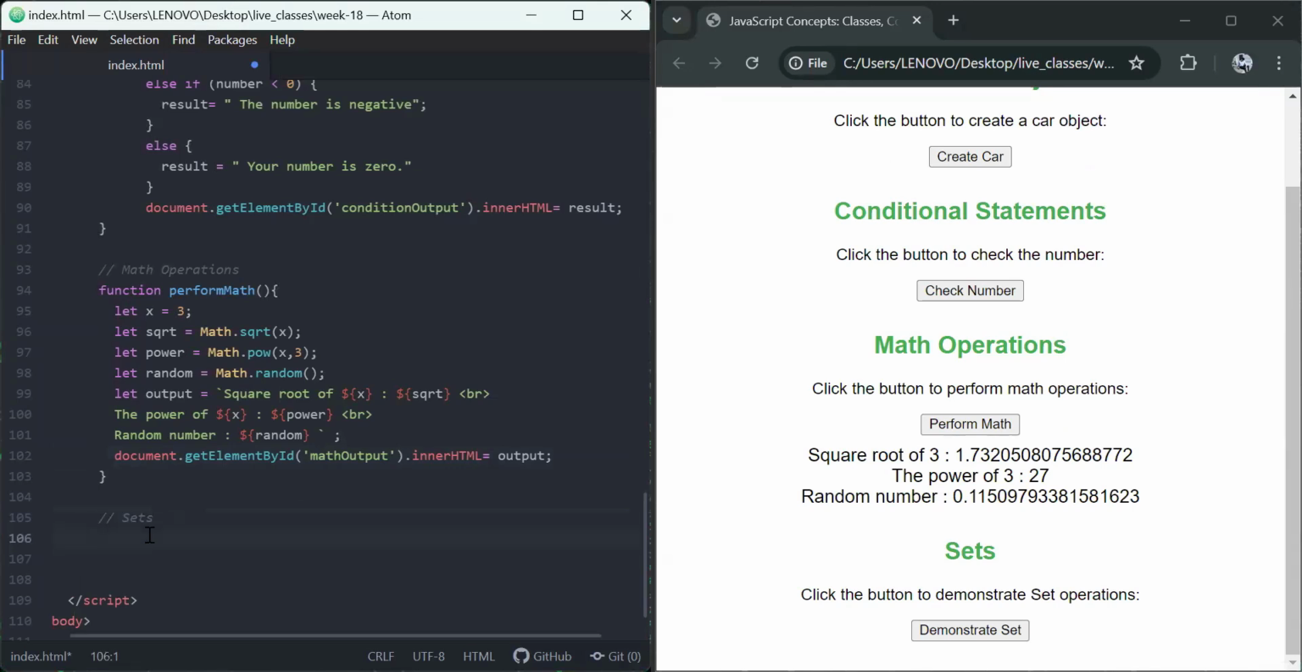Now, next, we're going to look at sets. So sets in JavaScript,